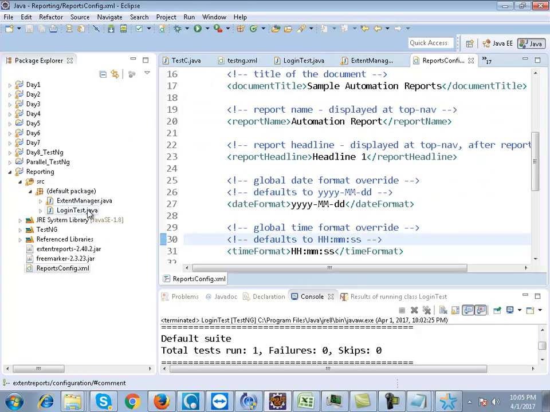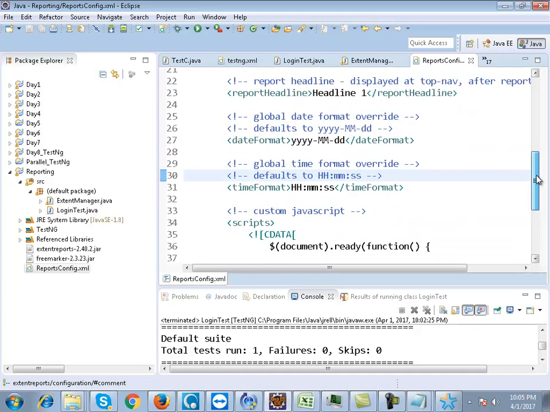And in the reports, you have to add multiple test cases. So we will be making provision for multiple test cases. Okay, right. So out here,